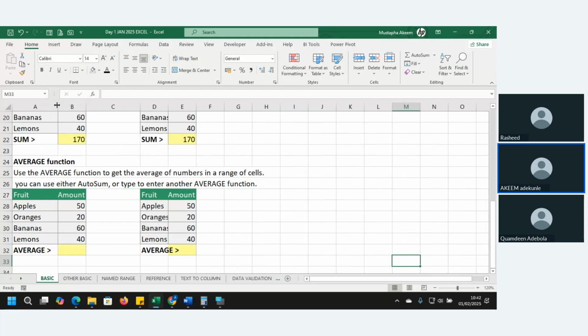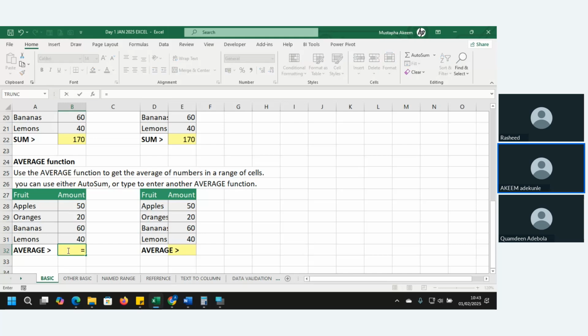Now let's look at the average function. When you talk about mean, median, mode in mathematics, another formula that is very common in analysis is average. I want to know average sales, average this, average that. Are you getting me? So we use average often, because it's always good to know the average of the data, so that you know where your population is. Okay, I want to know the average age of Nigerians, so that we will know where the majority of the population is. That is why we always use average. We want to know where the majority of your data actually lies.